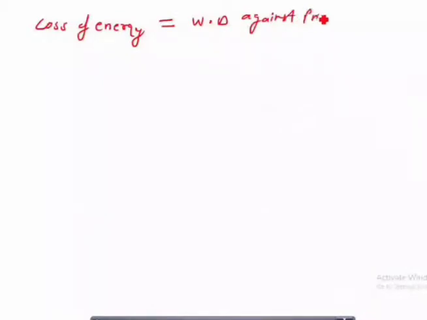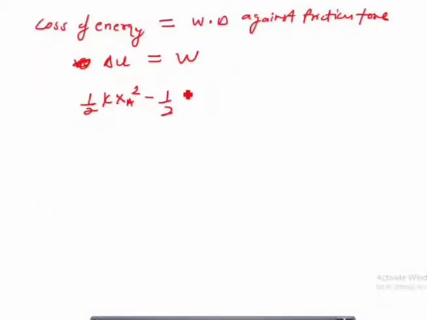Now I can write like this: loss of energy in a half cycle is equal to the work done against the frictional force. What is the loss of energy? Loss of energy is nothing but delta U, and work done is nothing but W. What is delta U? 1/2 K into XA square minus 1/2 K into XB square